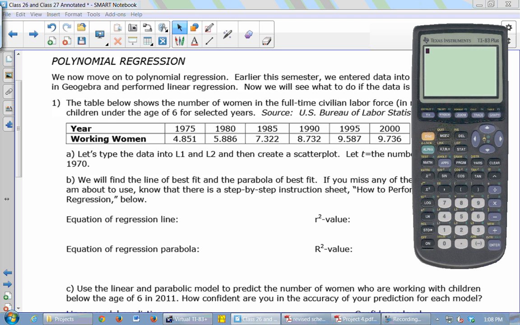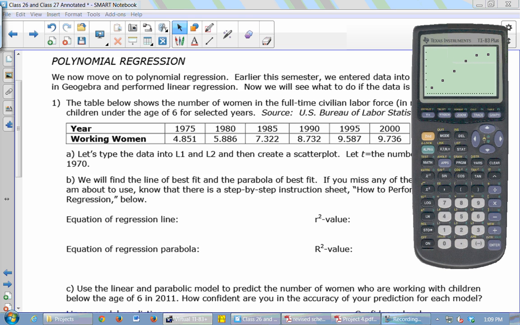Then I can just quit out of here and choose zoom 9, the statistics one. Anybody have trouble getting this picture? So we've got our scatter plot,